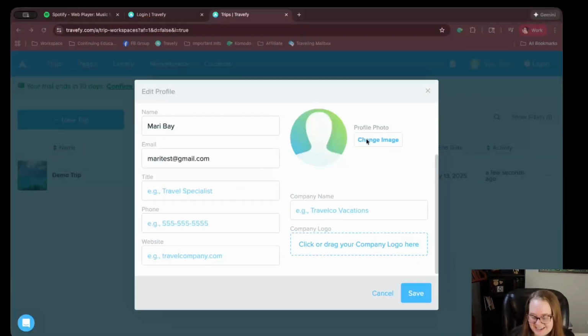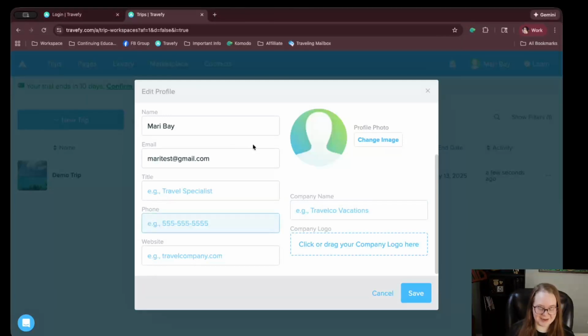What I've done is I've created a dummy profile on Travefy, and we're gonna go through this setup together. That way you can see exactly what I'm doing and how I'm doing it and why I'm doing it. So I went ahead and just inputted generic information. Again, my name is Mari Bay. I put in an email that is not my email, and I'm gonna put in travel advisor. This phone number